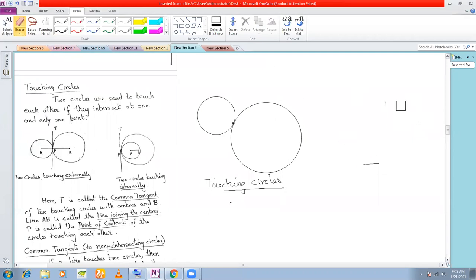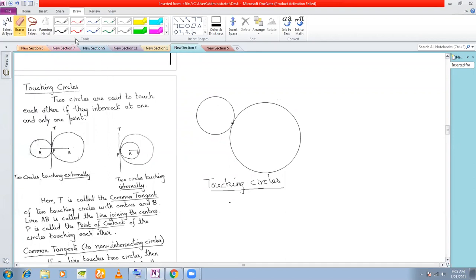Now what do we mean by two circles touching each other externally and internally? The external case I have already shown you. If you see, two circles are touching each other externally here. Now what do you mean by two circles touching each other internally? If you see this, this is the case where, let us call the centers A and B, and this point here, where the circles touch each other, called P.